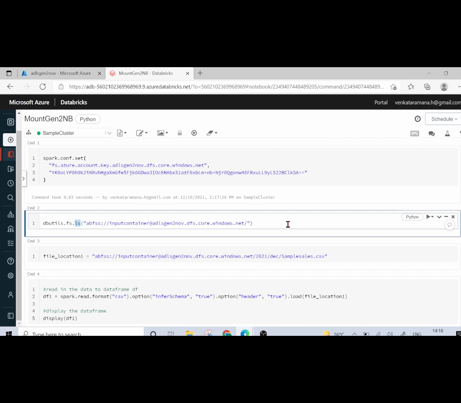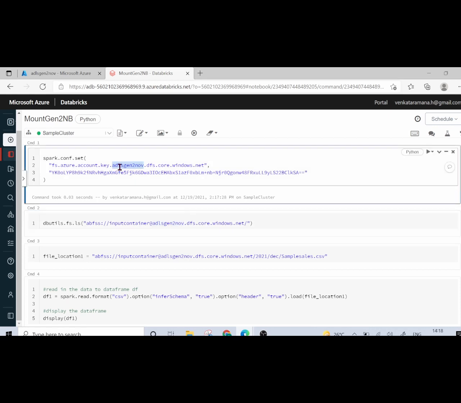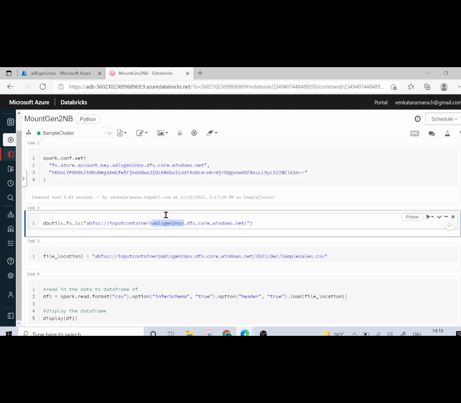But here what am I trying to do? I'm trying to mount it to my storage account, which is my data lake storage, correct? So for that, I'll have to follow some syntax. So what is that? Inside my dbutils.fs.ls, I should give this particular syntax. Okay, so here what do I have? I have my container name and I have my storage account. So the storage account name we have already copy pasted from the previous thing, right? So you can just directly copy paste it from there and paste it here.